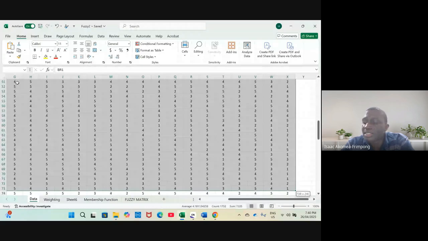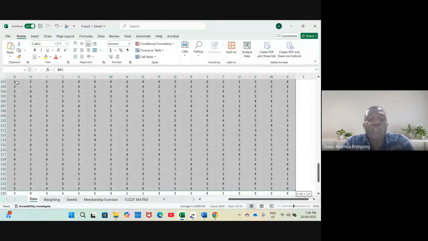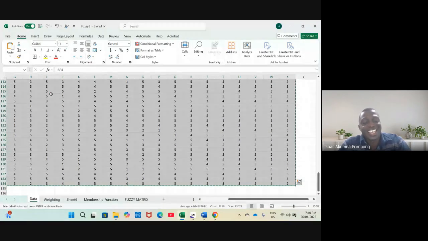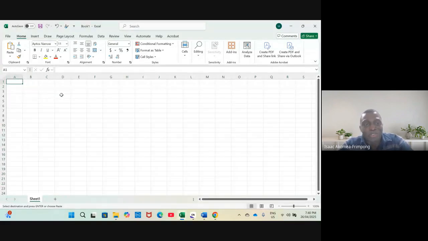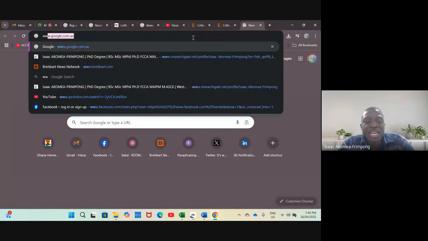So two things. Either you have already determined where they belong from literature, and if you have already done that, then you go ahead and conduct what we call confirmatory factor analysis. It means that you just want to confirm what you have established from literature. And when I say what you have established in literature, I conducted a study in 2020 when I started my PhD,